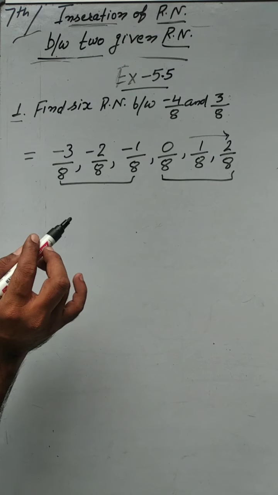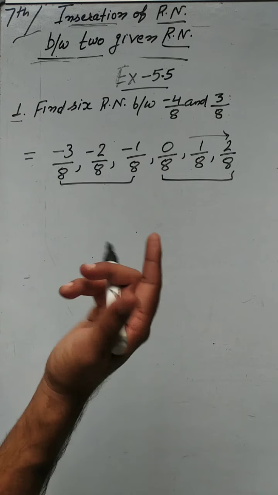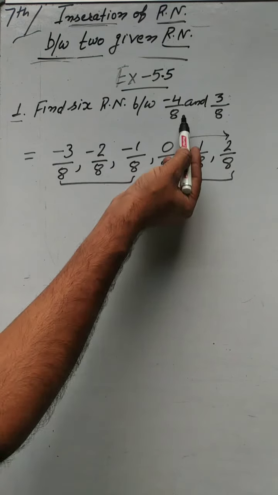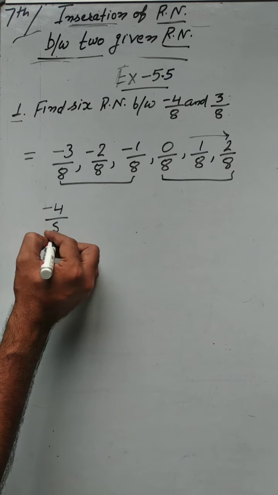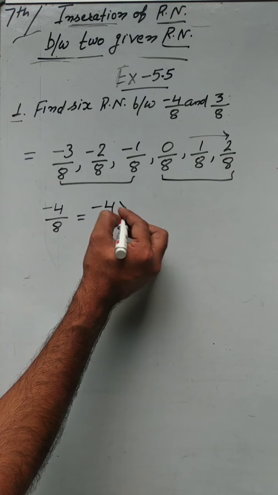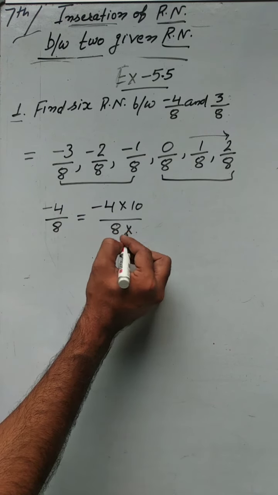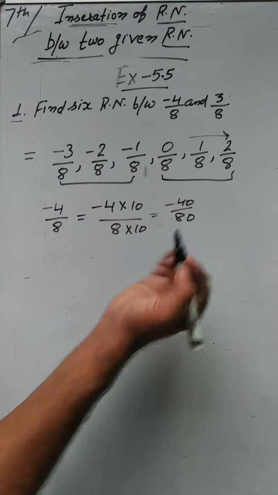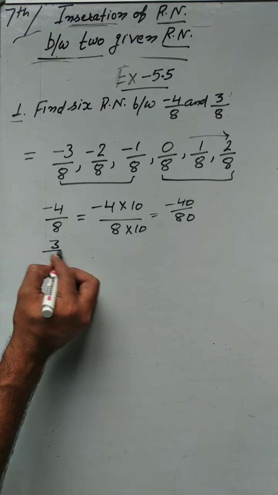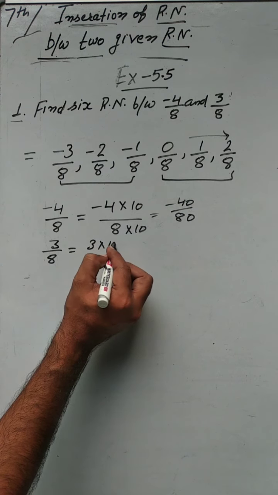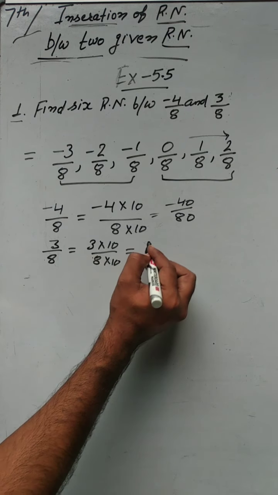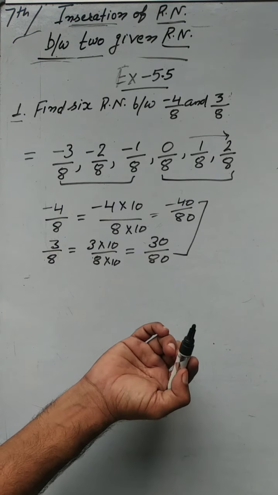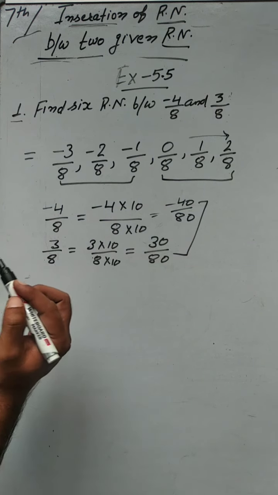Very easy question. But if they ask to find 10 rational numbers, or 50 rational numbers, then like the examples I have explained, you can change the denominator here and find whatever number of rational numbers you want between them. Suppose I multiply it by 10, then it will be, beta, minus 40 upon 80. Similarly you can also multiply 3 by 10 and 8 by 10. 10 into 3 is 30, 8 into 10 is 80. Now beta, you can easily find more rational numbers between them, as in the previous example.